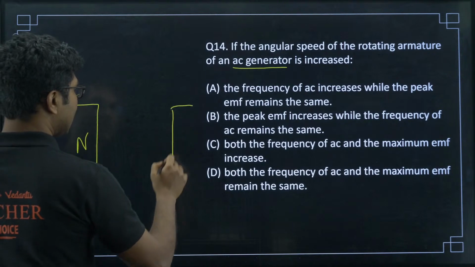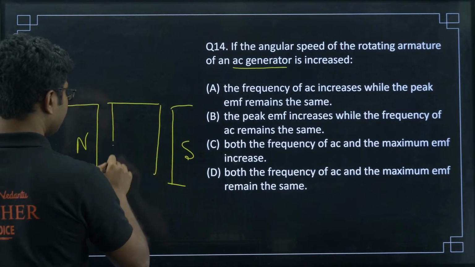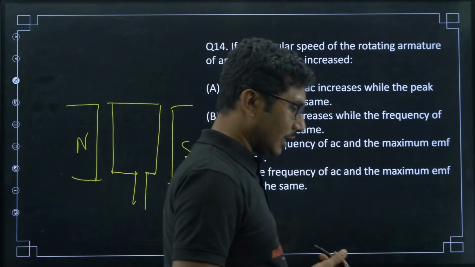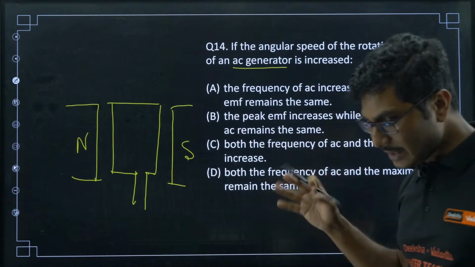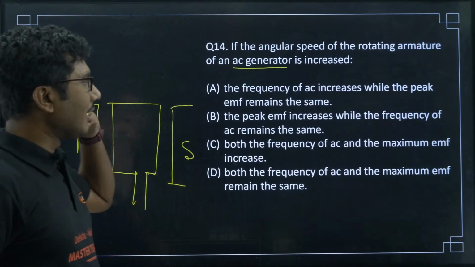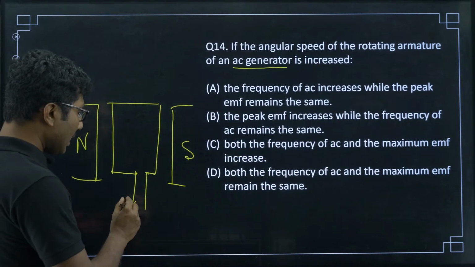This is how the AC generator looks, and here we have the armature coil. It is rotating in this magnetic field to produce electric current, AC current, right? So what have we done? We have increased the speed of the rotation. Even though the complete function of the AC generator is not shown here, you have to remember